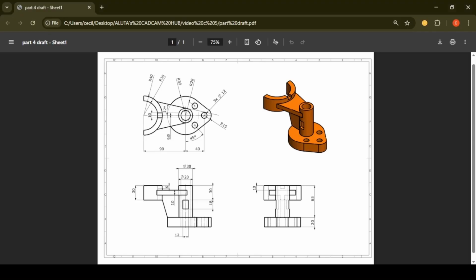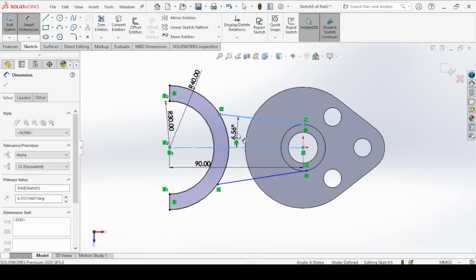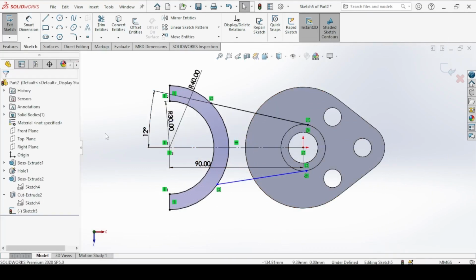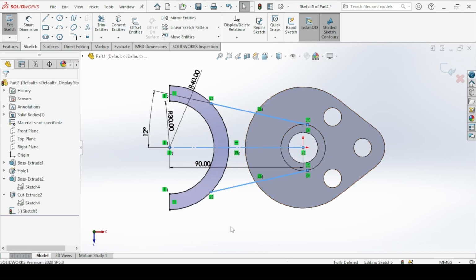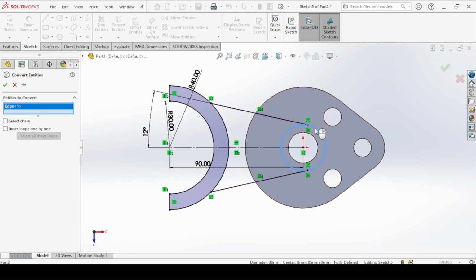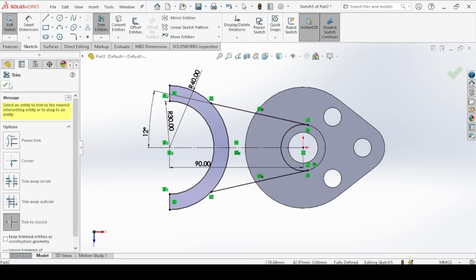The angle the lines make with the horizontal line is 12 degrees. Now hold the shift key, click on these 3 lines, make symmetric. And then we close out the shape by using convert entities to convert this circle and trim this arc here. Exit.